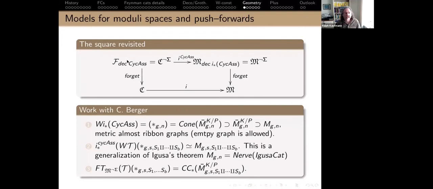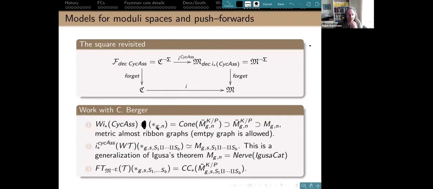Now I could take the cyclic associative and push it forward. That was the non-sigma things. And now I throw one more thing into the mix, namely the W construction. I can push forward and do the W construction. And sorry, this shouldn't be equal. That's wrong. So I should just apply that. Cancel. Sorry, this is not there. And so this is a functor.